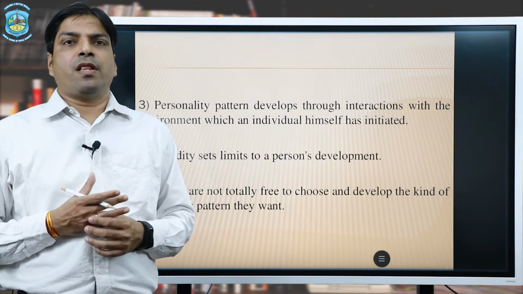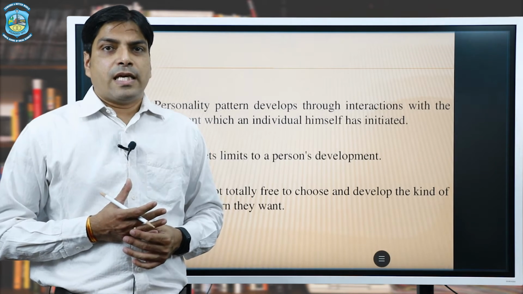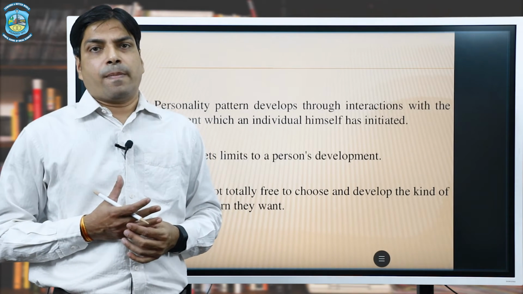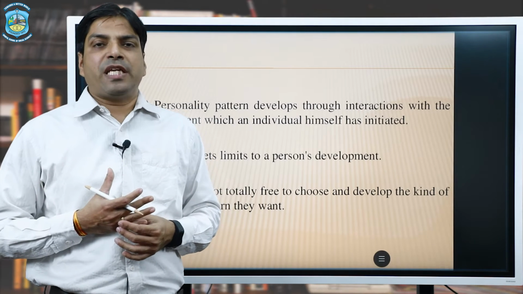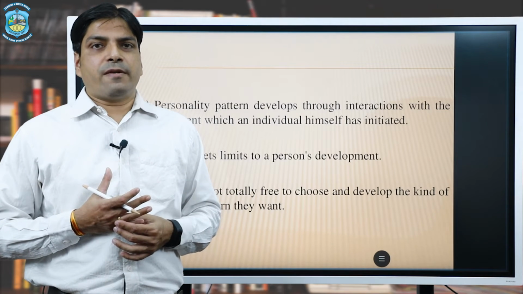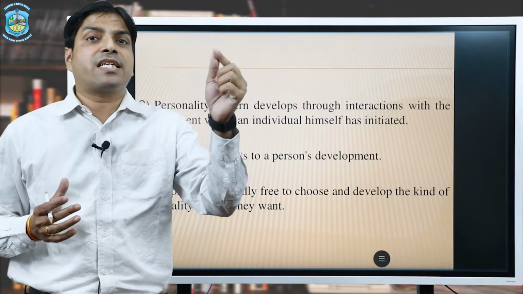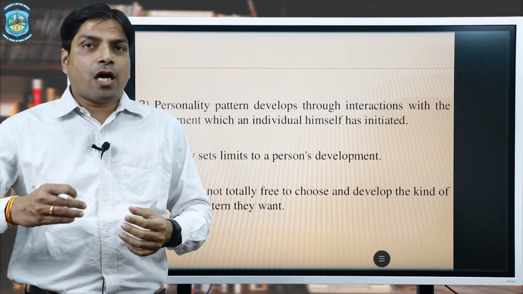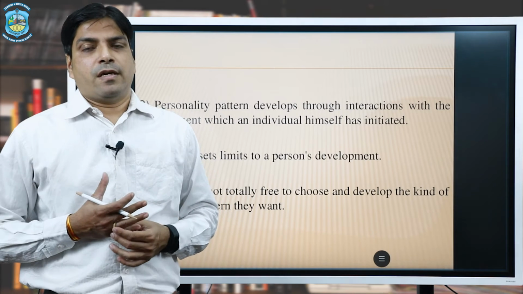Let me give you an example. Nowadays we are talking about Priyanka Gandhi. She is very active, and on many occasions different professionals and politicians have said that she resembles her grandmother. Till now, she has not got the opportunity to perform.